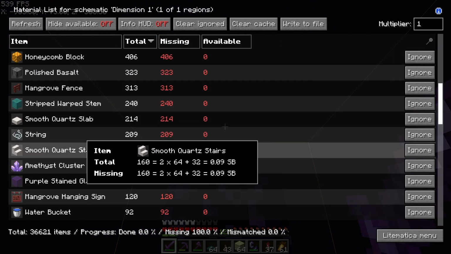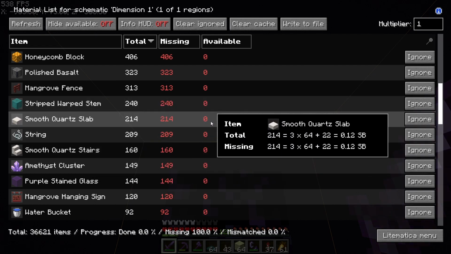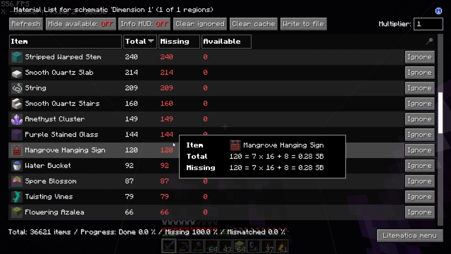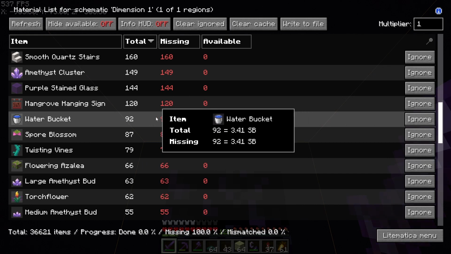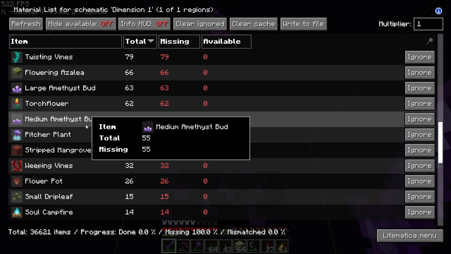We also have some quartz blocks here. I probably have enough, but if I don't, I'll just have to go ahead and trade with the masonry villager to get those. And 92 water buckets. Well, we only need 2 of them because you can just make an infinite water source, but yeah, it seems like all the other ones...